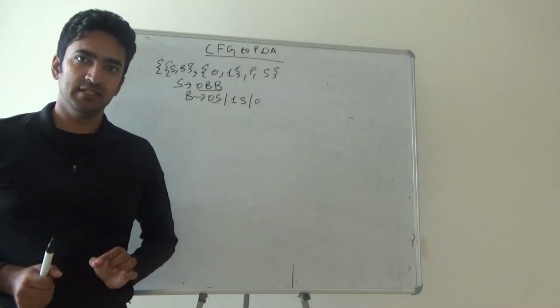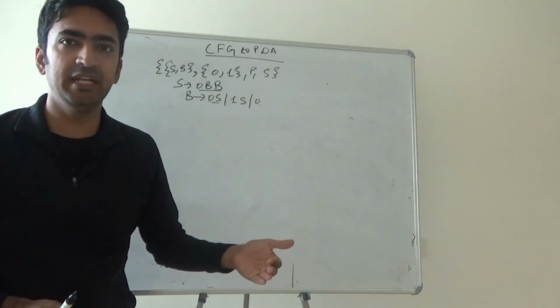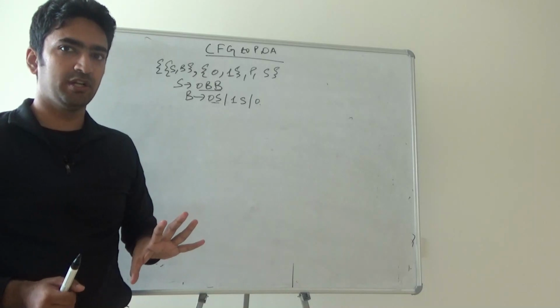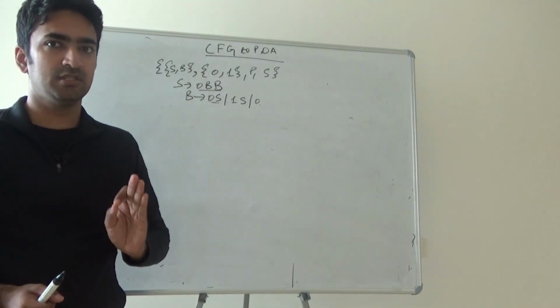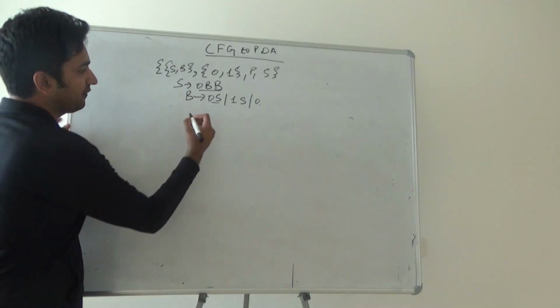The point is how we are going to convert that particular CFG to PDA. We have to write PDA rules for it. Very simple, you just need to follow a syntax. There are two rules that you need to identify. First rule is